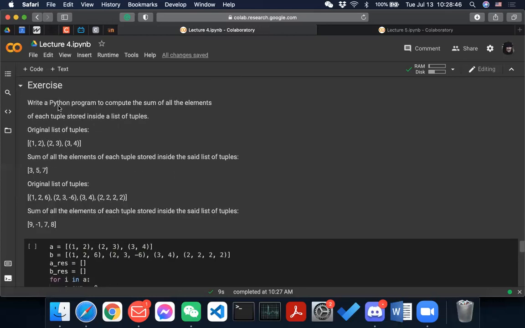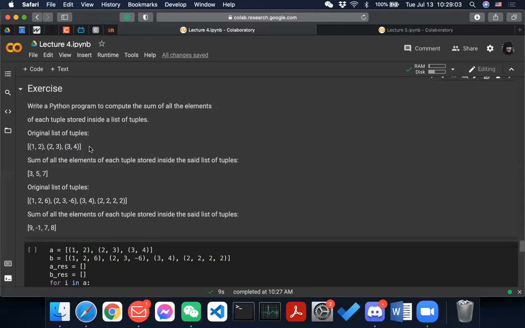Write a Python program to compute the sum of all elements of each tuple stored in a list of tuples. What that means is you have a list, and every element is a tuple, right? And then you need to get the sum of each tuple, right?